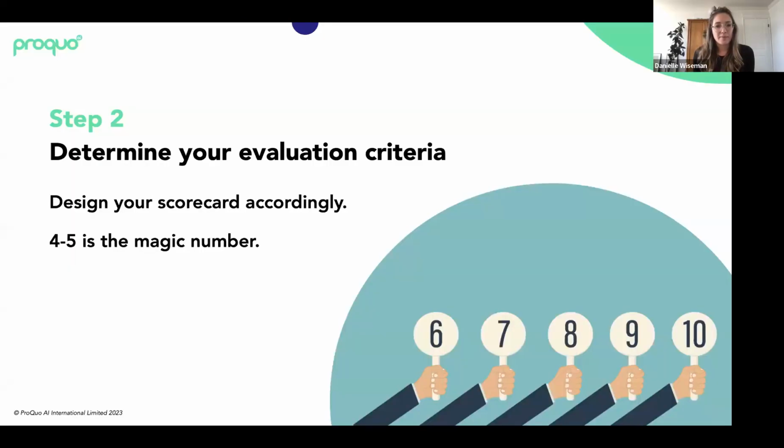Absolutely. All right. So with that being said, you've now uncovered those pain points. The next step that you need to go through in the RFP process is determining your evaluation criteria. This is something that's really key to get aligned across all of the teams and stakeholders that are going to be involved in the RFP process: the 4 to 5 criteria that are going to be the things that are table stakes for you to have within that RFP or within that brand tracker, so that you can evaluate those